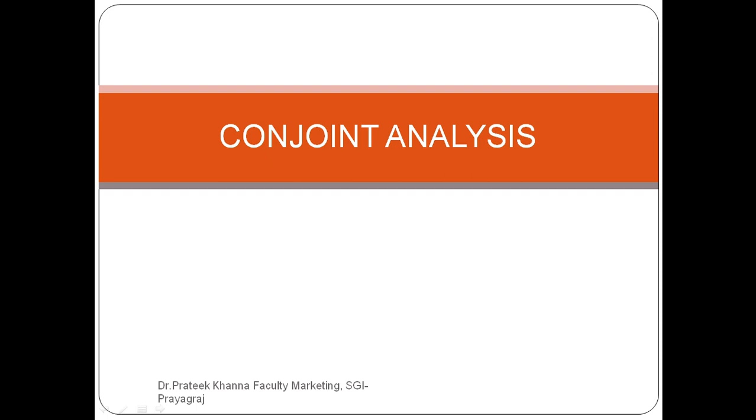So conjoint analysis is a statistical marketing research technique that helps businesses measure what their consumers value most about their products and services. For example, a TV manufacturer would want to know if their customers value picture or sound quality more, or do they value price more than picture quality.